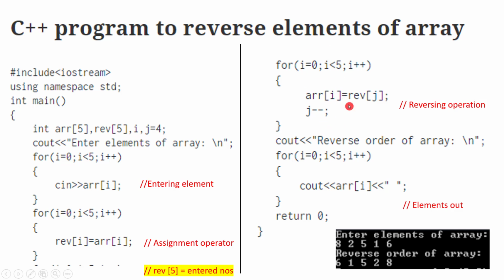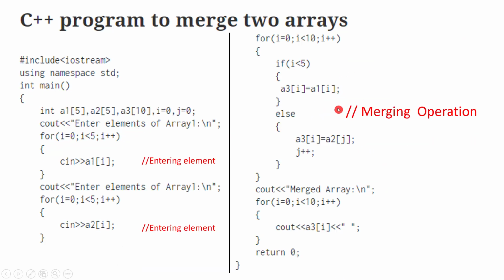So here we reversed this, which clearly tells this is a reversing operation. This is the entering element. This is an assignment operator of equaling the values. And here the values are directly assigned. So the new ARR will be actually 61528, and the value will be displayed here. Hope it's clear for you. So the main operation comes here. This is the reverse operation. There will be other ways to do this problem.